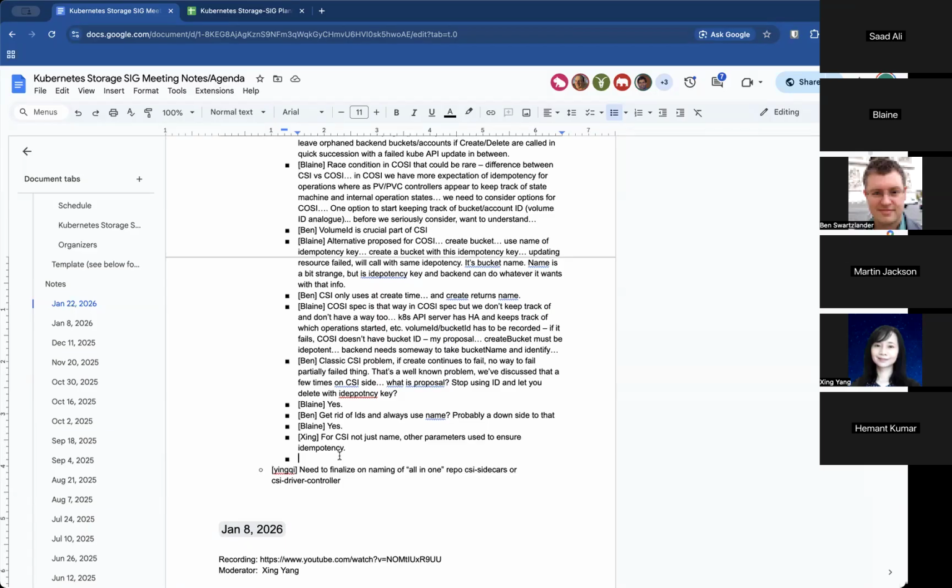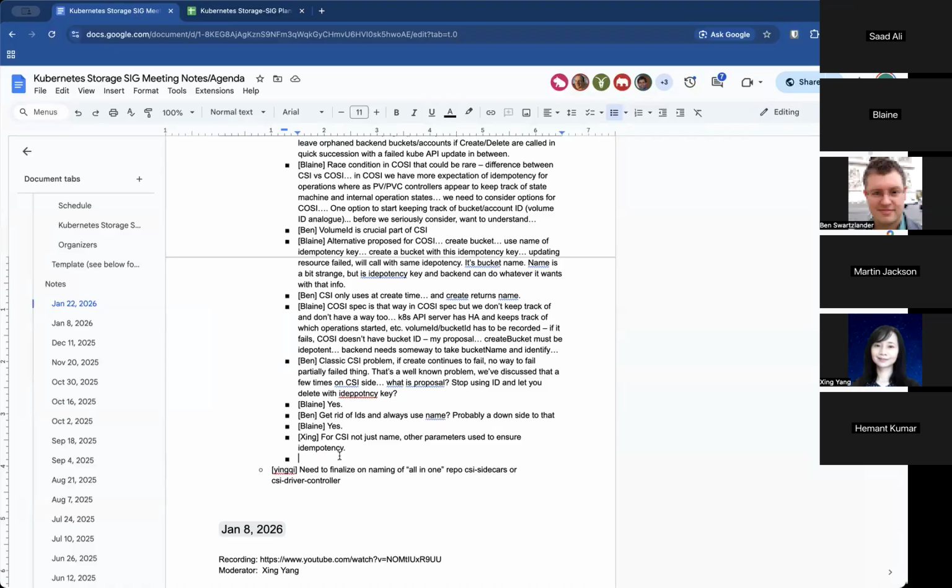I think it was something along the lines of, we don't want to be in a position of trying to guess what will work for the storage system, and it's better for the storage system to just tell us, hey, this is the string that if you come back to us, we will know what you're talking about. And if the storage system generated it, it's much more likely to actually work than us trying to guess. That was, I think, the logic, but I need to go back and think through it again.